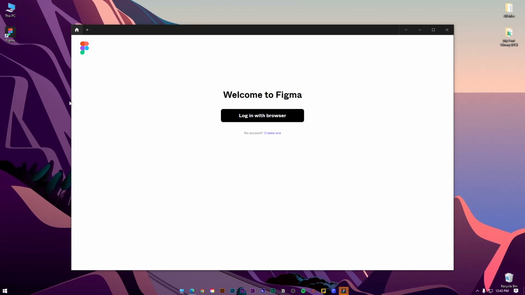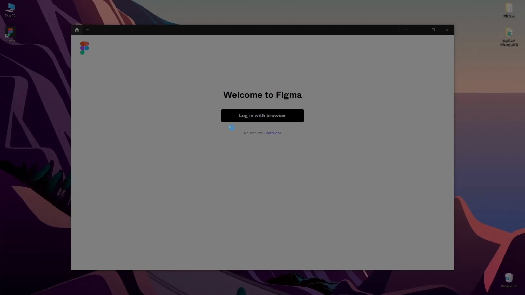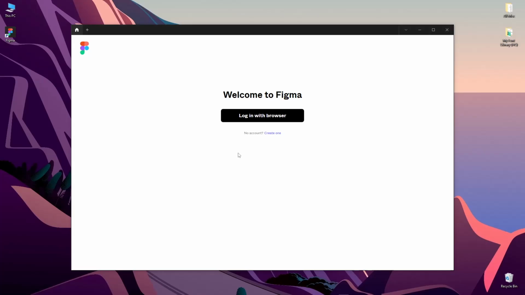Now we will see how we can access the full app by logging in, or we can create a new account. If you have any previous account, you can simply log in. If you don't have any previous account, you can click on the create one button to create a new one. It's really simple. As I already have an account with Figma, I will click on login with browser